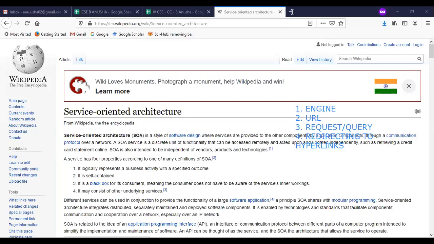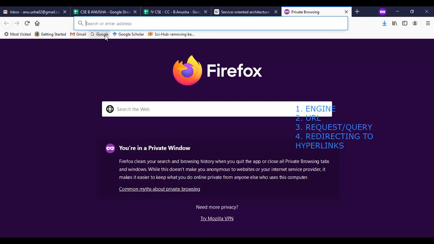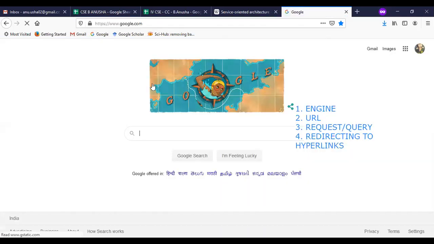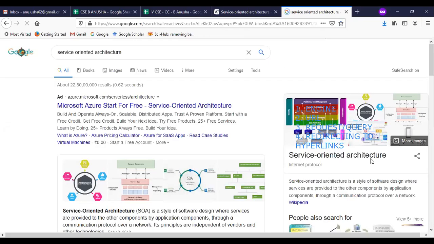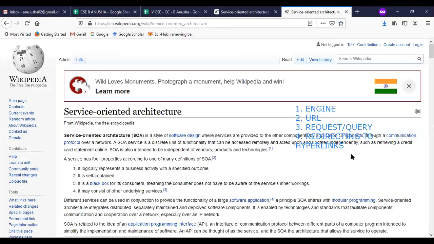So what I am doing is simply allowing these things, service oriented architecture, and I am clicking on this Wikipedia. When I click on it, it redirects me to this one, so that it makes the things available directly here.